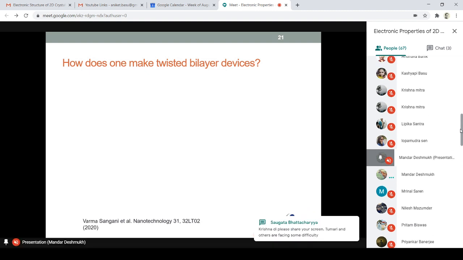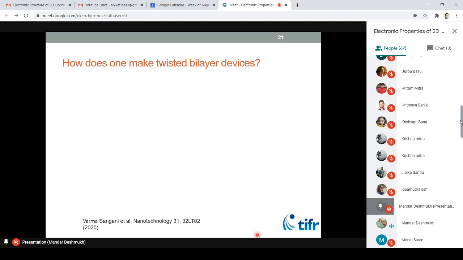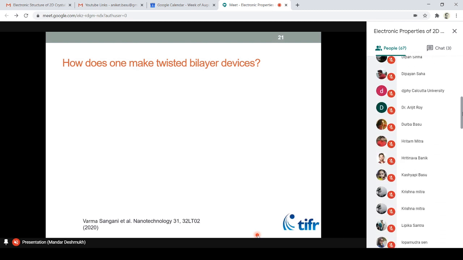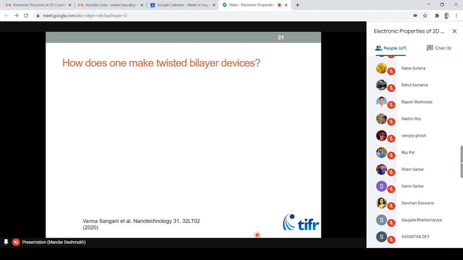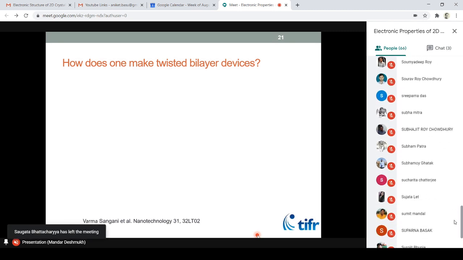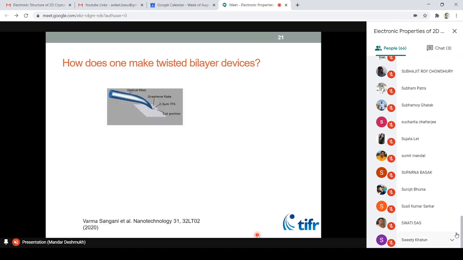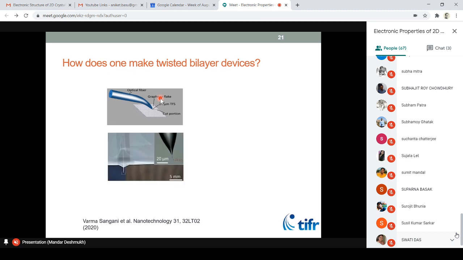So the question is, if I have 2 arbitrary layers of one-atom-thick material, how do I align them precisely to 1.1 degrees, because this physics happens at precise angles, and it's actually experimentally very hard to get crystals which are aligned. So one simple way is, and this is what we do in our lab to make these kinds of devices, we start with a single crystal of graphite, or graphene in this case, and we cut it literally with a kind of scalpel. And you cut it with a very fine,